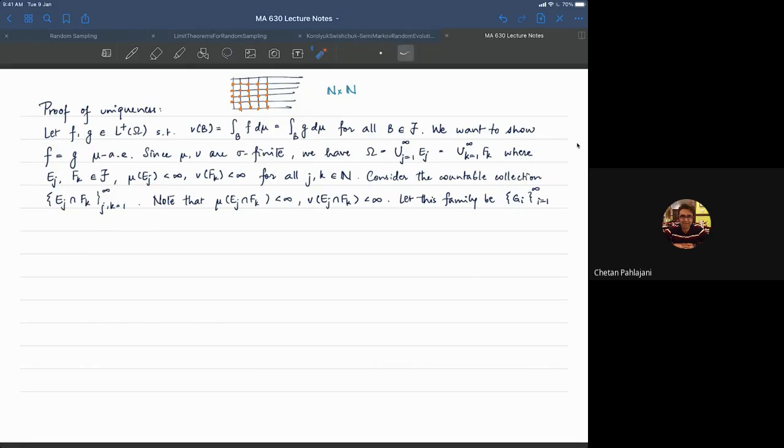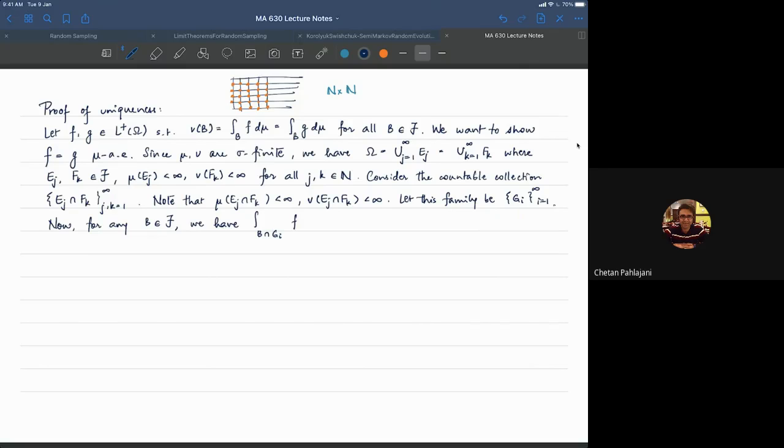All right. So what is a G_i? It is a set of the form E_j intersect F_k for some j and k. Which j and k? Well, that depends on how you've done your ordering. But again, that is not of concern to us how you do the ordering. Now, for any B in F, what do we have? For any B in F, we have the integral over B intersect G_i